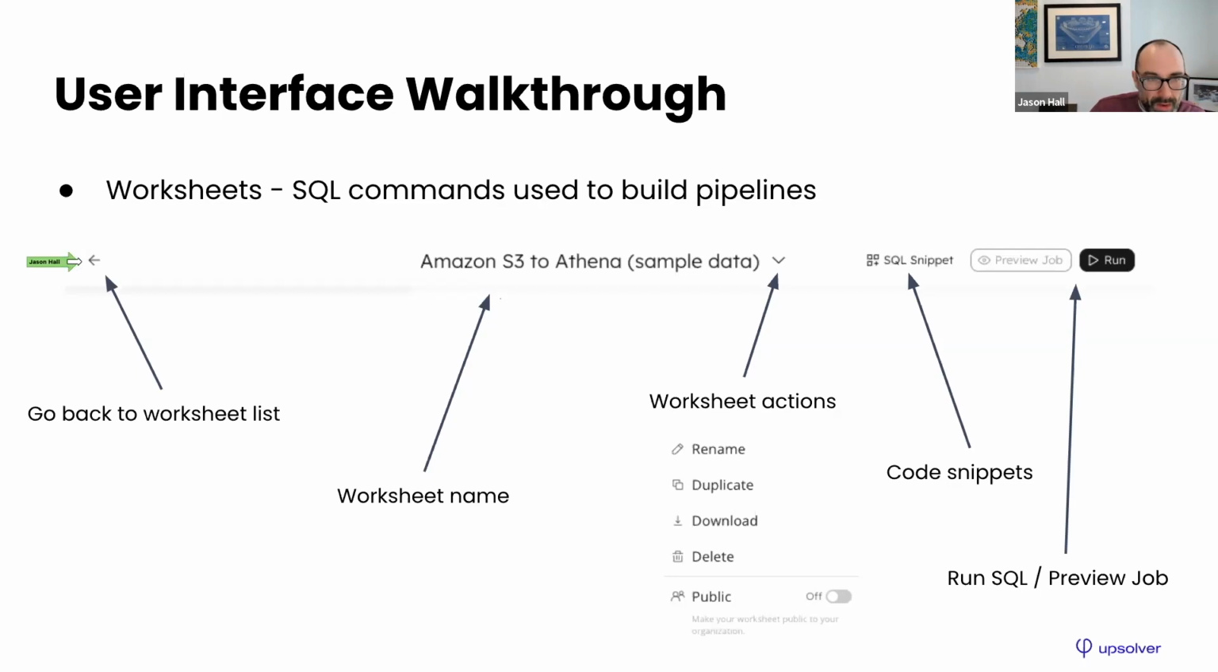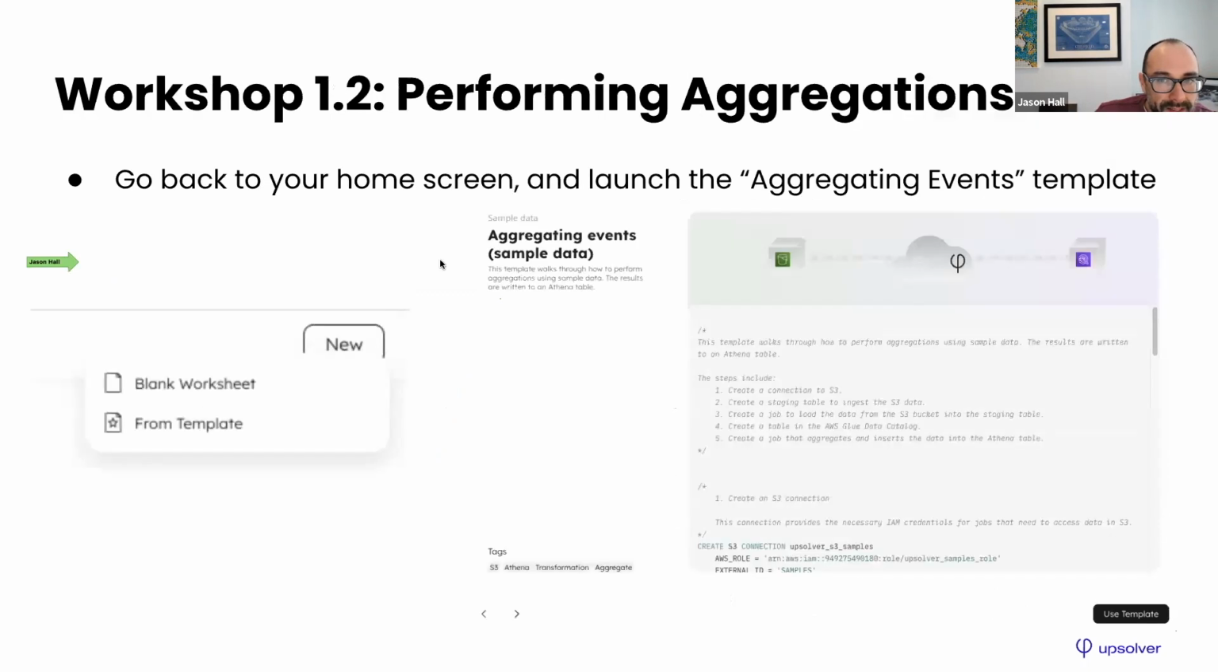We're now going to launch the second pipeline, which is performing aggregations. There was a question asked earlier about how to aggregate, so we'll walk you through this pipeline here. In the upper right-hand corner of the SQL Lake homepage, you'll see a button to create a new worksheet from a template, and look for the template with sample data called aggregating events. Make sure it has sample data in the name of the template, because that's going to work off of the sample data that we've created. Once you have that template open,